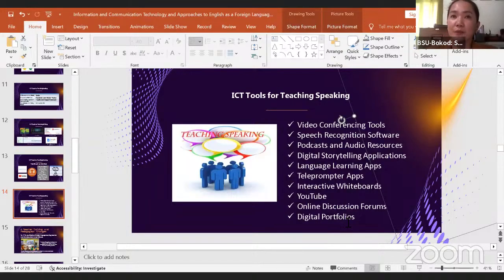One example that we do is that if they are going to speak, we let them video record themselves, and then they create simple folders about each of their reflections.